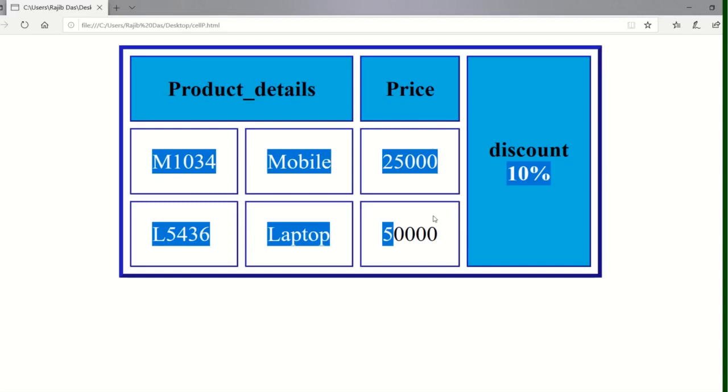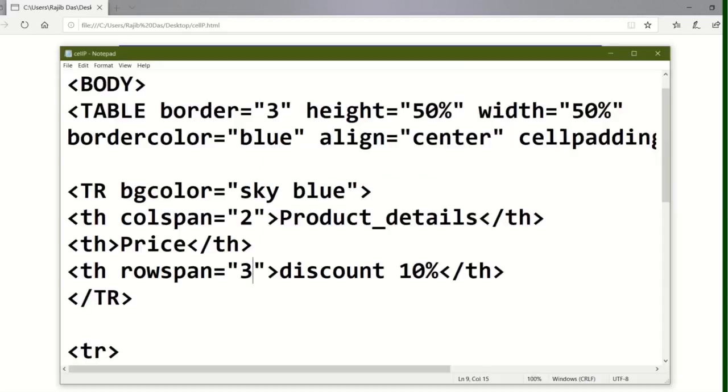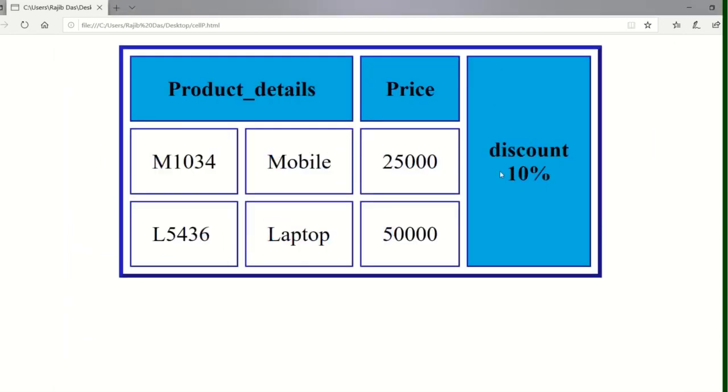These 3 rows it covers, so the rowspan equals 3. However many rows you want to cover, you have to specify that number as the value of rowspan.